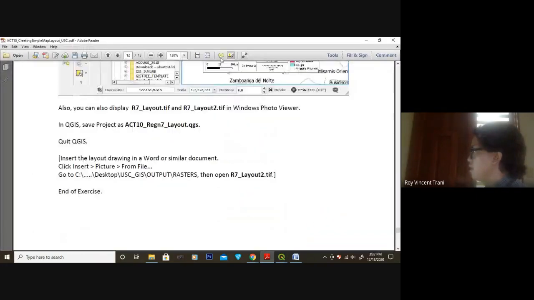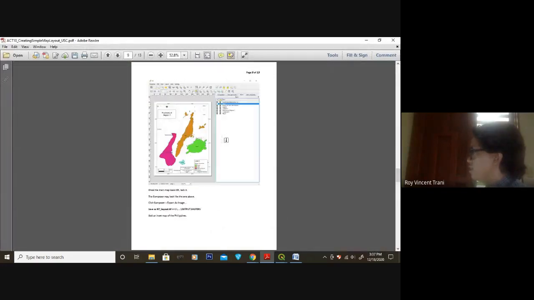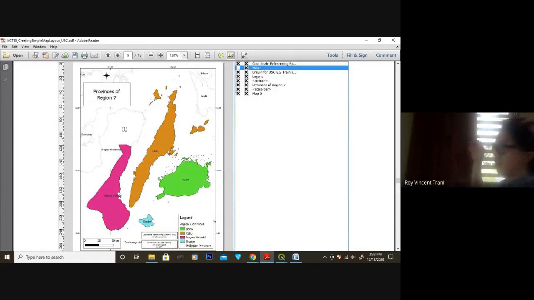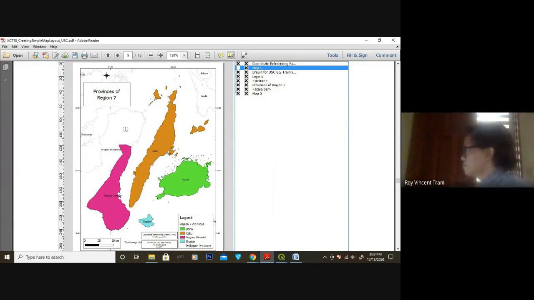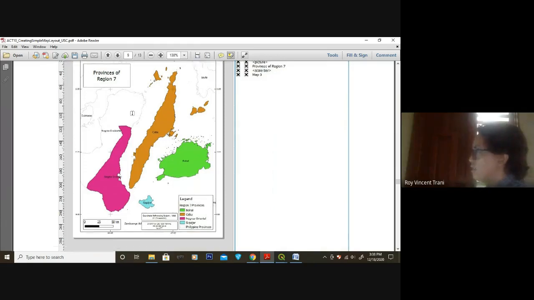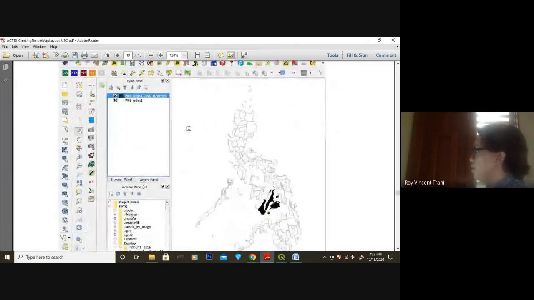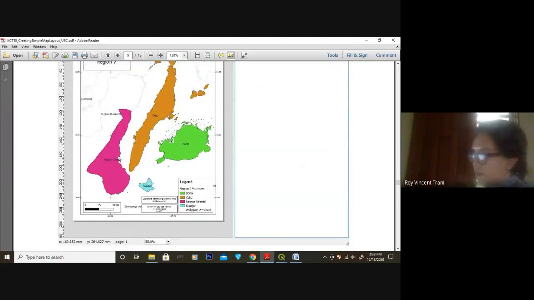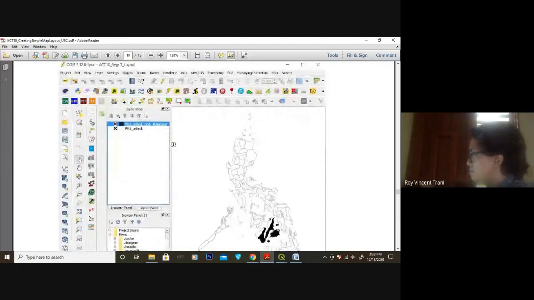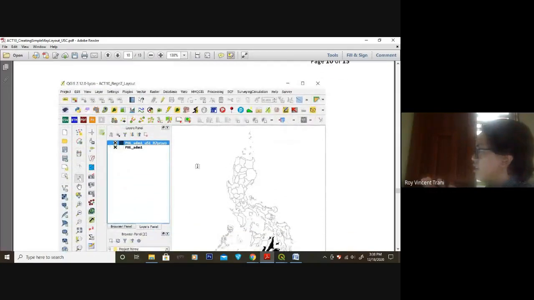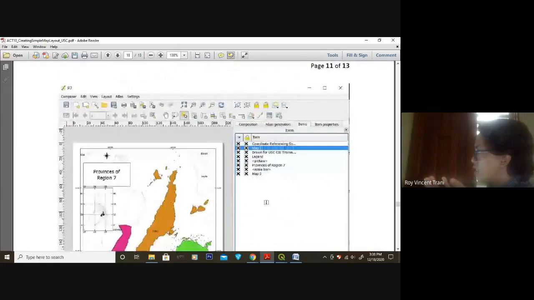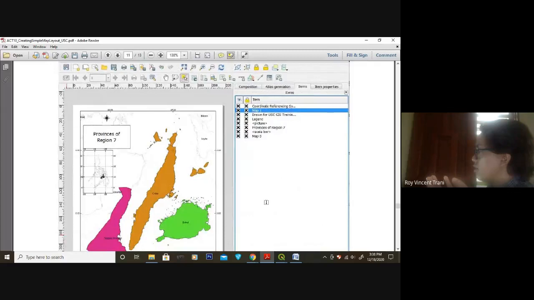And then basically, the guide tells us that this is as much as you can do with QGIS. So if you get to this stage, that's fine. I'll still give you a perfect score for this, because apparently in order to put this symbol here, you need to save this as a JPEG, close the layout file, go into the QGIS file, change the colors and remove the labels, and then create another